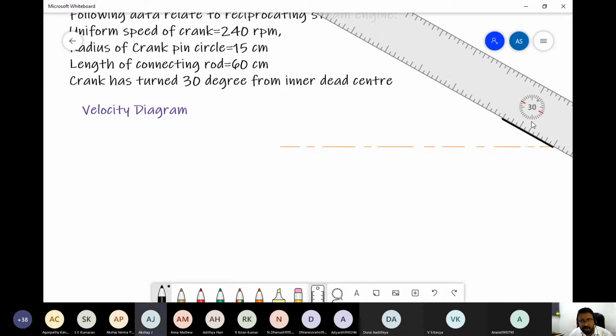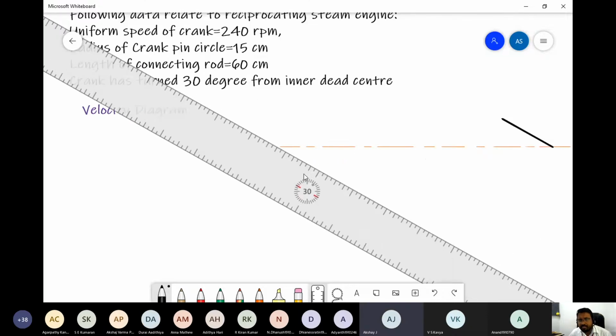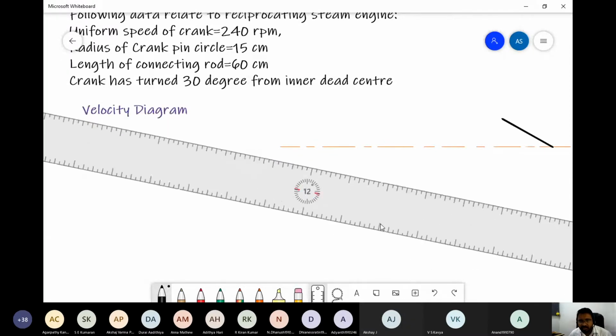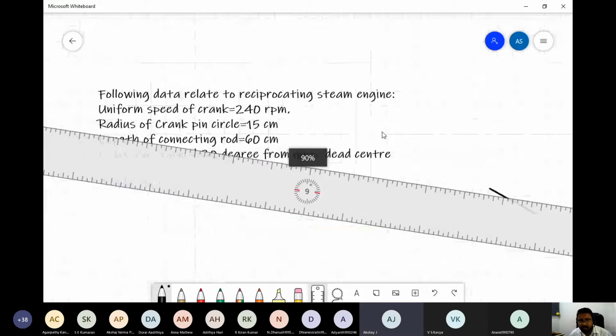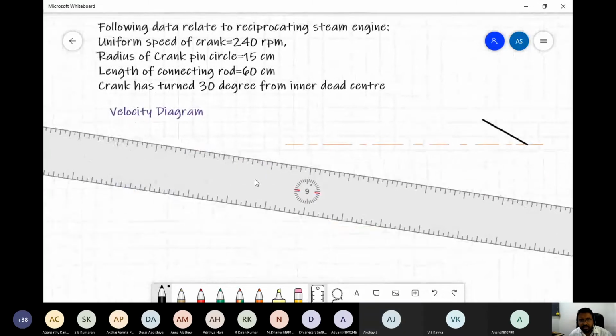Then what is given? So you can take any point as reference, sir. No, this is a free body diagram. Yeah, we are simply drawing. This is not a velocity diagram. Now we are first constructing the starter crank. Okay. This is not the velocity diagram. Now we are drawing the starter crank first. We are drawing the given question now. We are representing the question now.